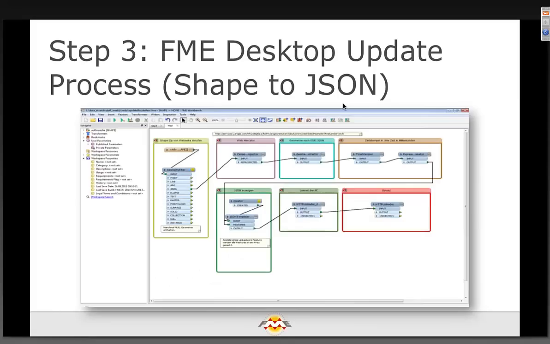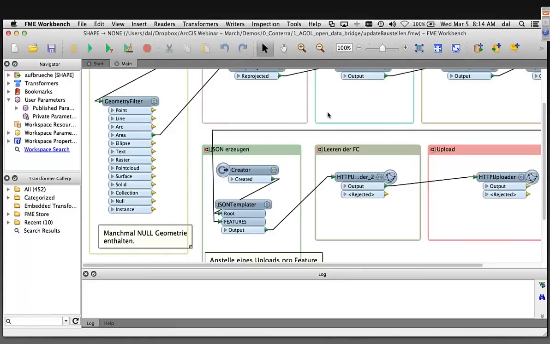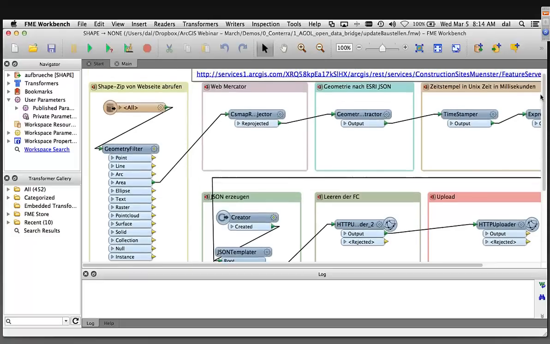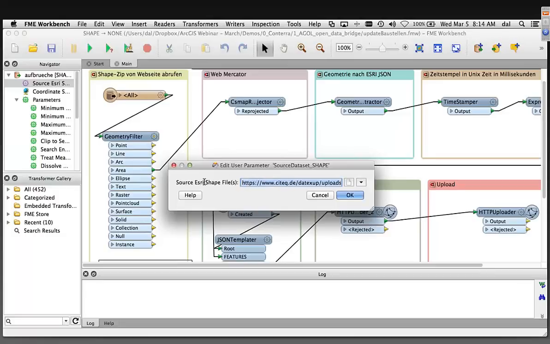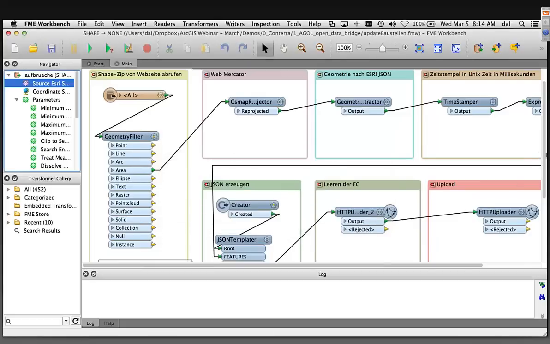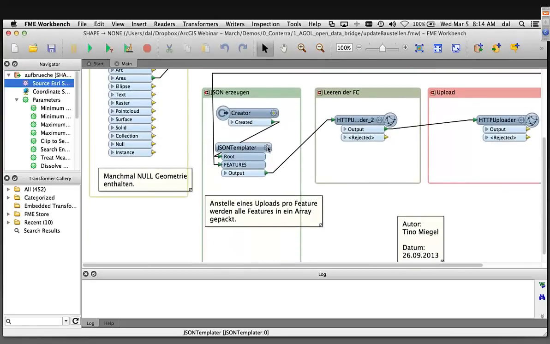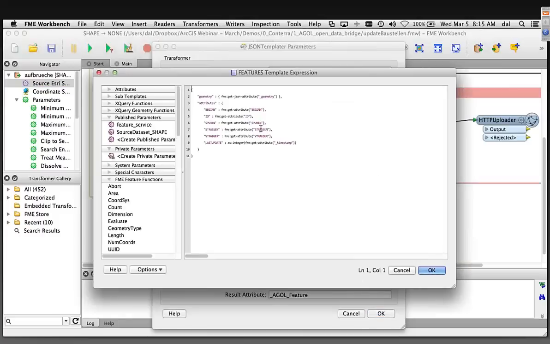And actually, I'm going to be so bold as to bring up FME. Here's FME running on a Mac, but it doesn't matter. It can run anywhere. And so this is that. This is the workspace that does this. Reads the shape file from a zip file. And see if he's got the URL there. Yes. See, the zip file is being pulled right from here automatically, and then a little bit of pre-processing work being done. But the interesting work happens in here. Here's where we make the JSON. So that's a little bit small for the folks at home to see, but we're basically formatting some JSON that